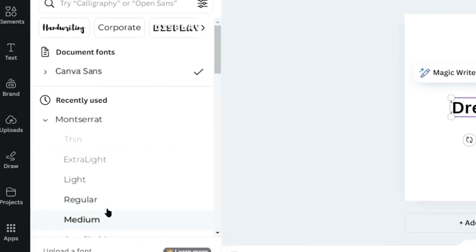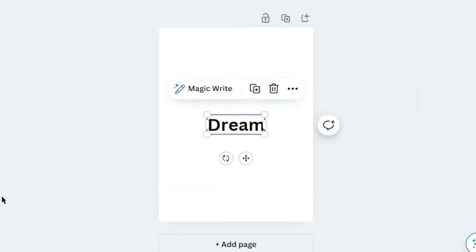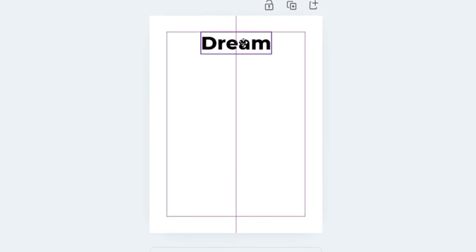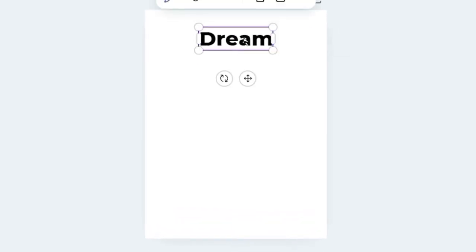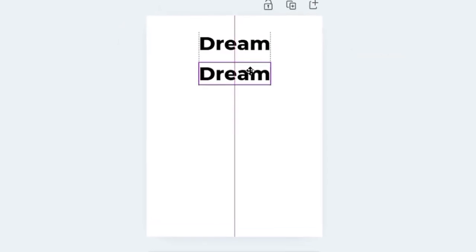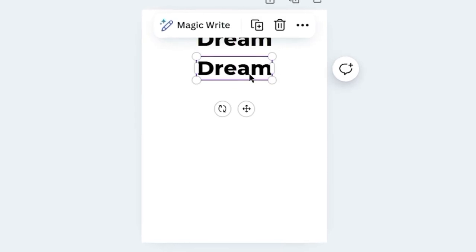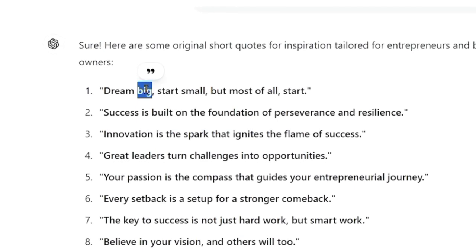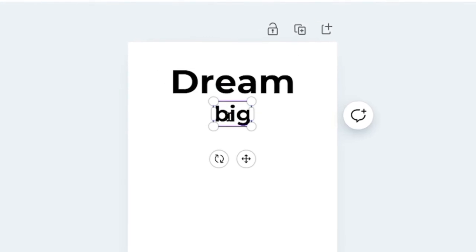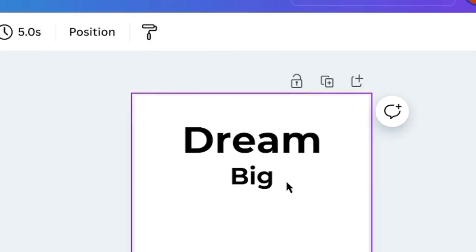Here, I'll just choose the text option and then add a heading from Canva. I'll then copy the dream text from ChatGPT into this area. Now, I want you to change the text font to Montserrat because it looks nice in the quotes image. Additionally, make sure that every heading has a capital letter in the words. Finally, I want you to place your text in the center of the pink frame that Canva is displaying. Just place your text and adjust its size to fit this frame.